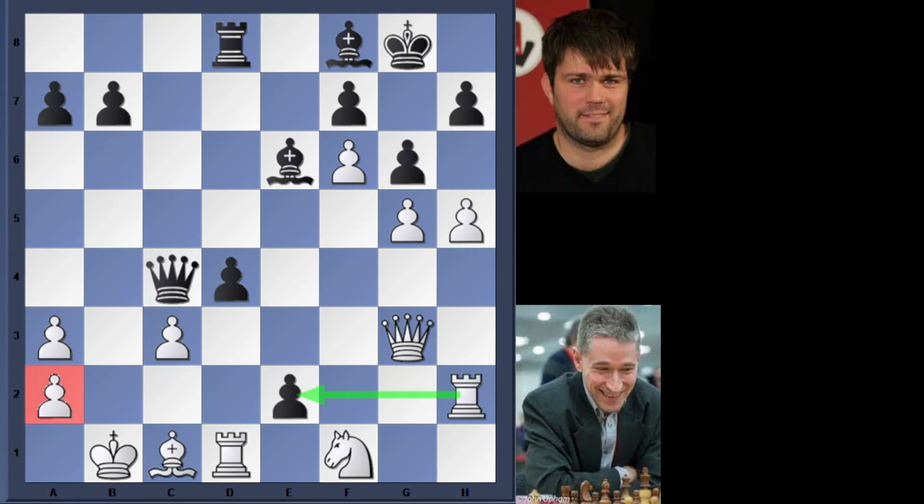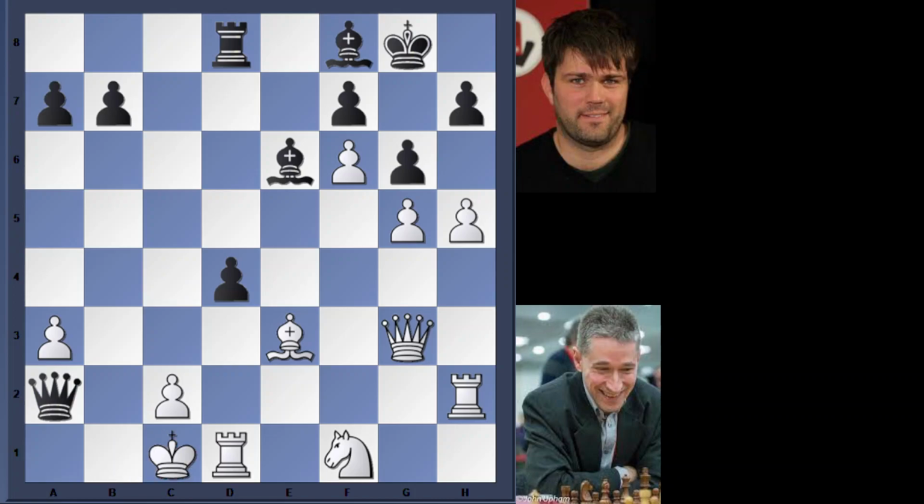E2. However, in the game, Michael Adams just played bishop takes E3, which was met by queen takes A2, king C1, and then D takes E3, which cut off the escape here for the king. And so now the simple queen A1 checkmate is threatened. And now the problem is white just doesn't have enough time to deal with the threats here, because the rook is also cutting off the king on the D file. So for example, if rook takes,